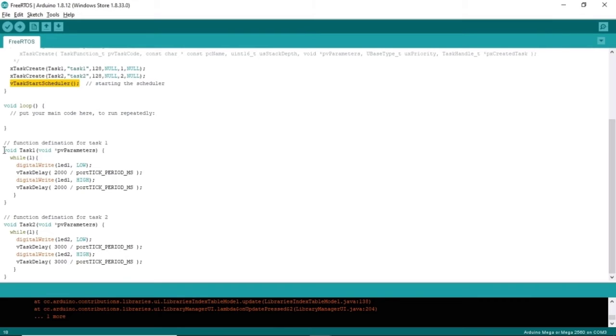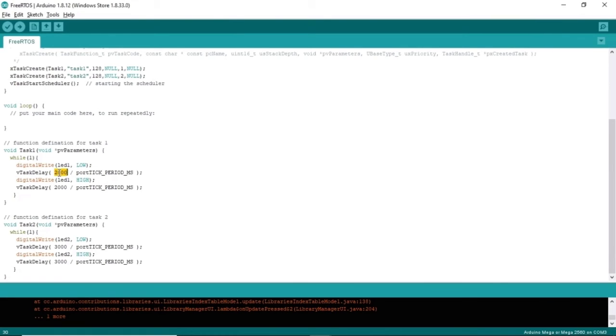Next, we will define both the tasks, task 1 and task 2. In task 1, there is no parameter we have to pass, so let's continue with the next line. Here it is while(1). Here while(1) is used because we have to run an infinite loop. First, we will switch off the LED and then wait for 2 seconds. Here this 2000 is in milliseconds and we are using pdMS_TO_TICKS because we want to count the real time of the system.